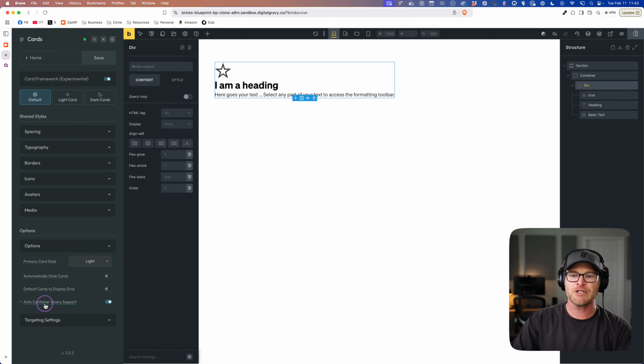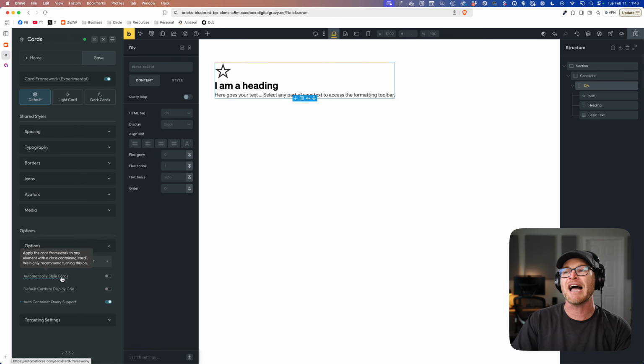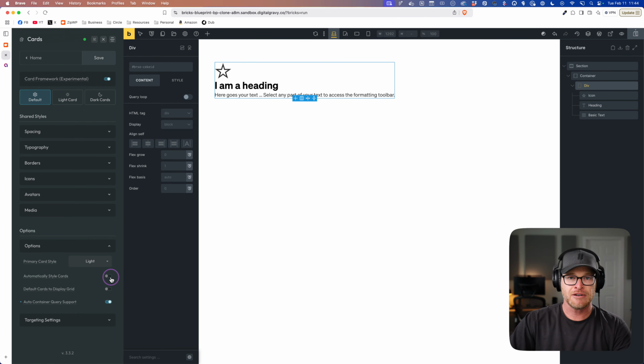I am gonna go to options. You're gonna see this option right here that says automatically style cards. This is the very aggressive version of the card framework. And this, I would say, is for card framework pros. If you're a pro, enable this, okay? You can enable this because you know how to manipulate it to do anything that you need it to do.